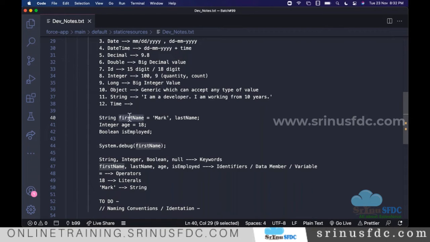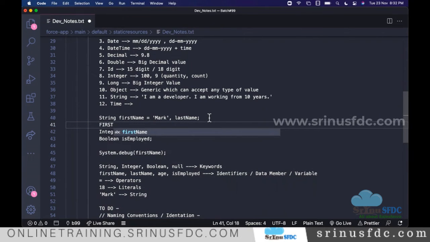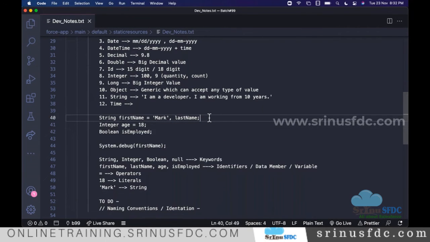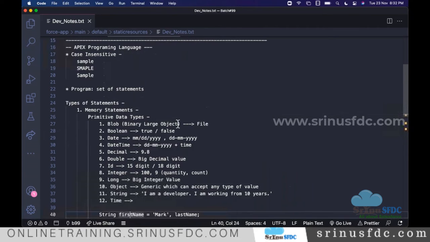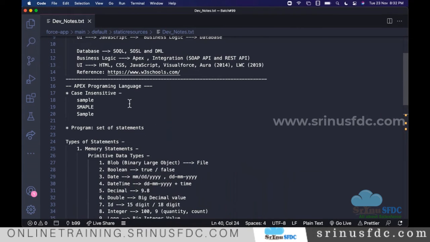Let's say here I have defined the variable as firstName. If I refer to it with some other case, it will still work. That's the meaning of case insensitive. So it is not about the values, it is about the tokens which we include when we write the program. That point we have to know.